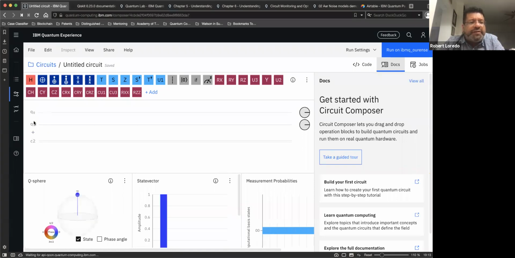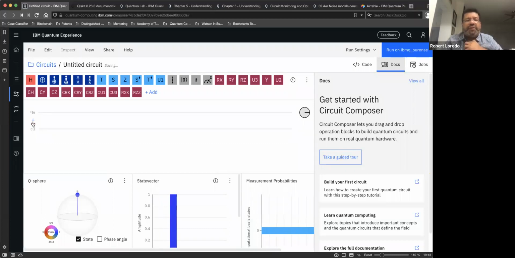So you've got different qubits, and you can eliminate them. I can come out here and say I just want 2 qubits, or maybe I just want 1 qubit. Either way, you can control that directly here. If you want to add some, you can just click the plus, and it automatically adds them for you. So you have a lot of different abilities to control things as you're building your circuit out. For now, we'll start with 1 qubit just to get an understanding of what different operations you have